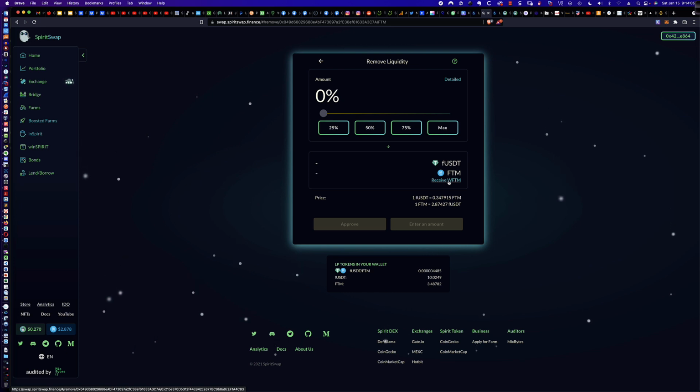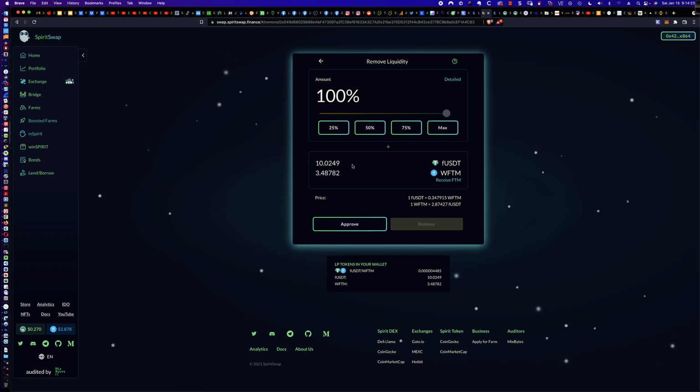Now, you can see here it says Receive Wrapped FTM. If I click on that, I can say Receive FTM for the transaction that's going to happen, right? So know that there's an option here. And so I'm going to take FTM. So I'm going to say I want the max, right? 100%. And there are these same totals, right? Here's the liquidity pair values that we've been working with so far. I clicked on